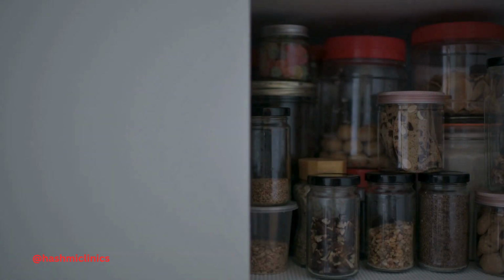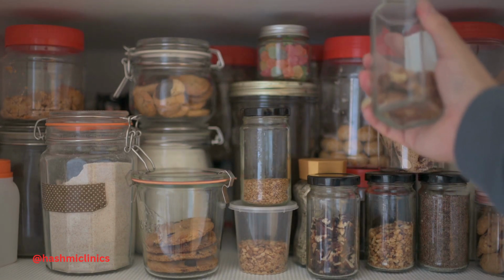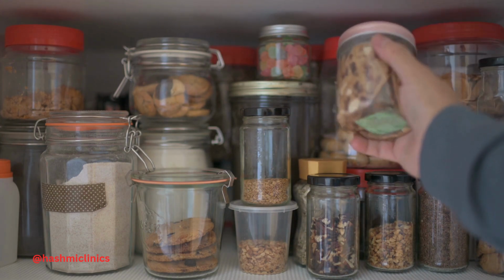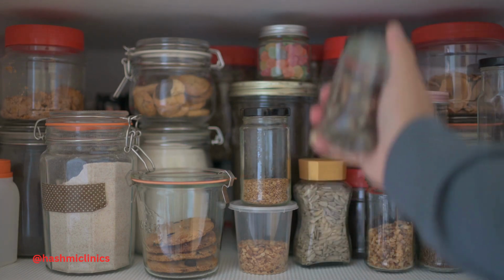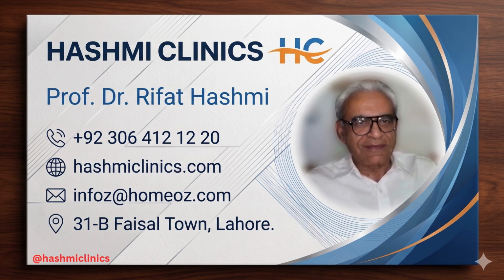But there is this whole hidden world inside that cabinet. Some of those everyday ingredients secretly house incredibly complex, almost unbelievably specific effects on the human body. It really forces a complete shift in perspective, doesn't it? We are so deeply accustomed to treating medicine and food as two entirely separate categories. You buy one at a pharmacy and you buy the other at a grocery store. But historically, and certainly from a botanical standpoint, that dividing line barely exists. The very things we use to season a soup were often the primary tools used to manipulate